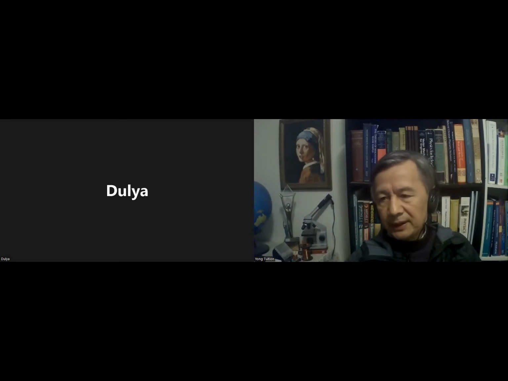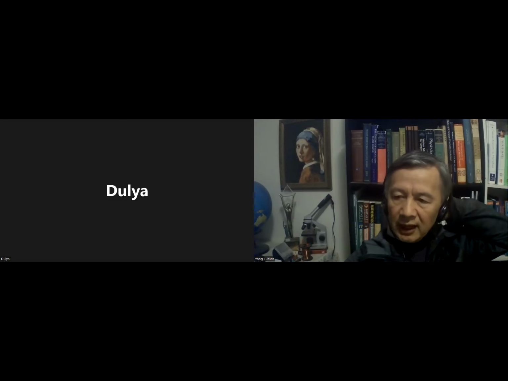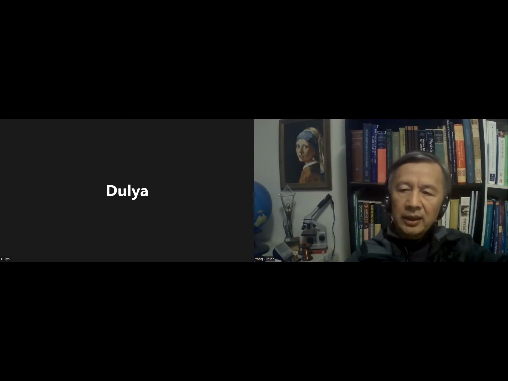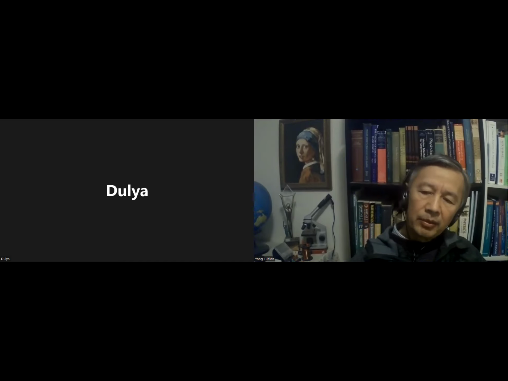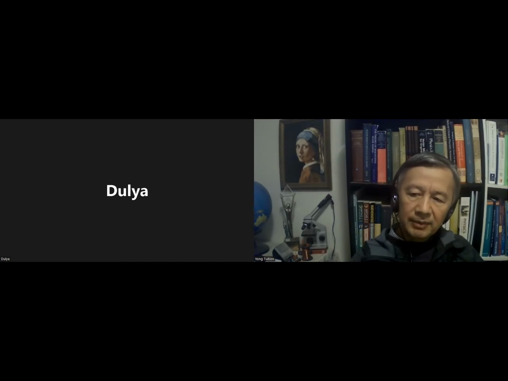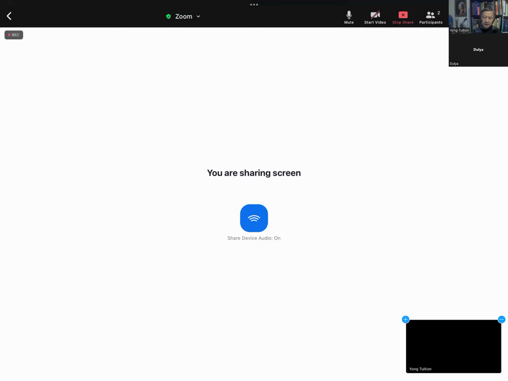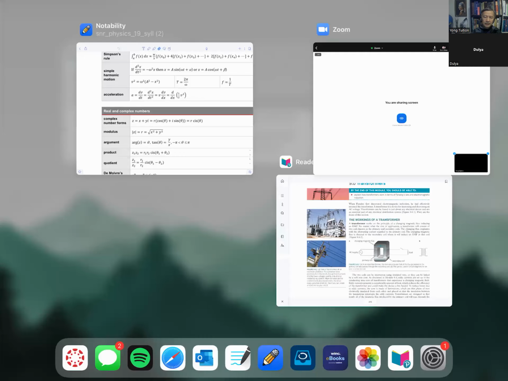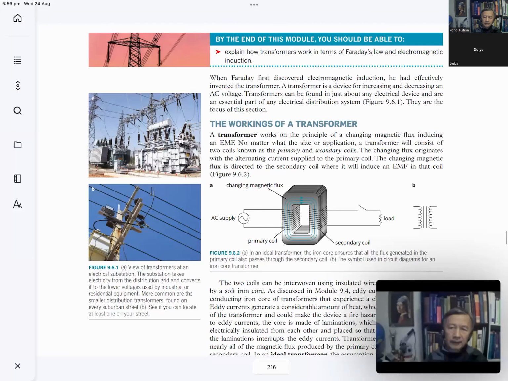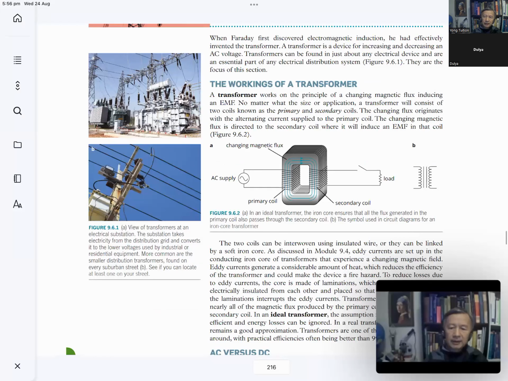So a transformer is an application of electromagnetic induction, in which the power can move in the field. Can you see? The energy can be induced, or voltage rather. A current and voltage can be induced without actually using a wire conductor. So that is something interesting. Induction, yes. That's right.